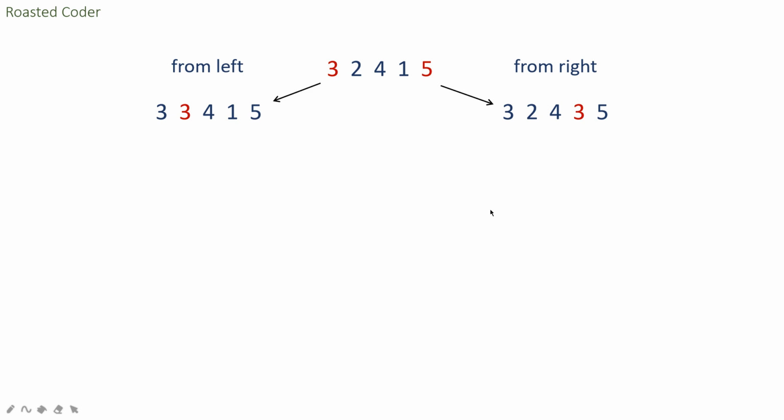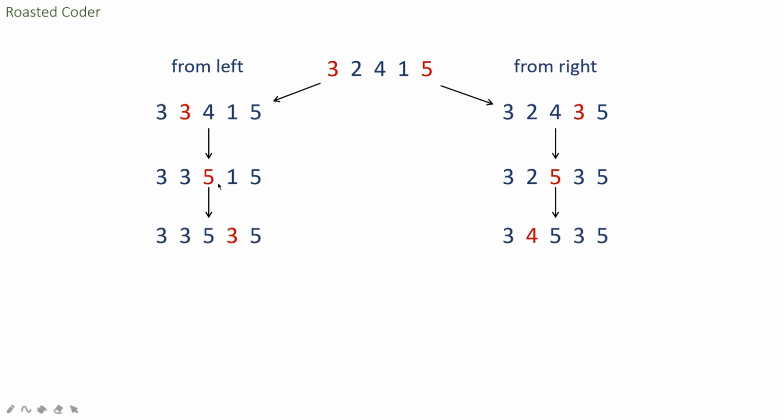And again in the next step this will become 5 and this will become 5, again in the next step this will become 3, and this will become 2 plus 2, 4, and again in the next step this will become